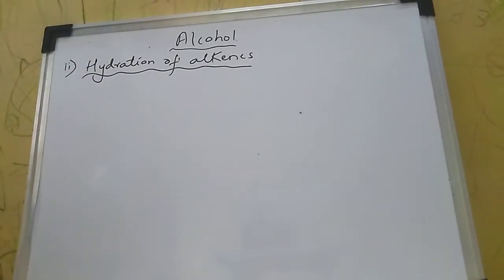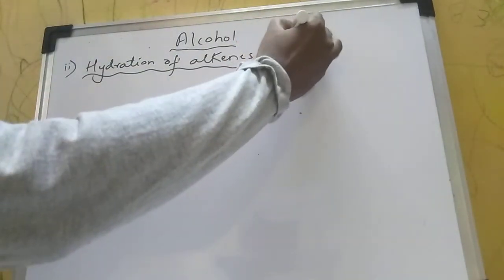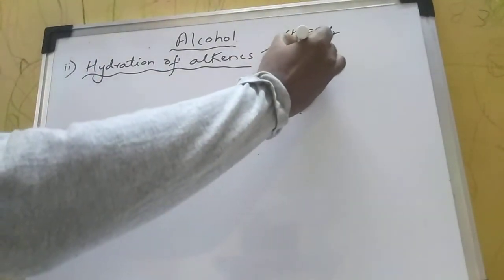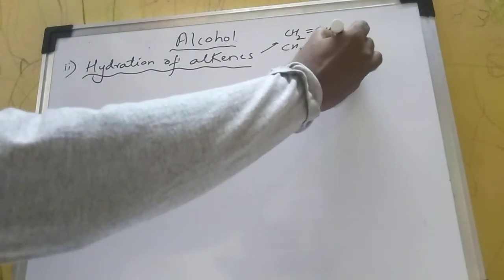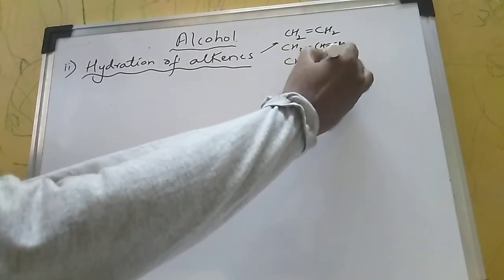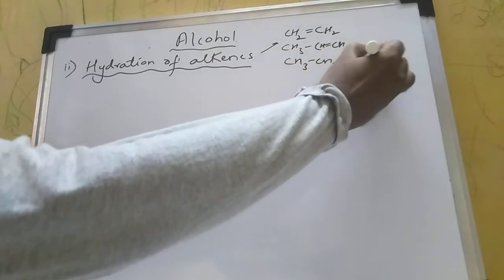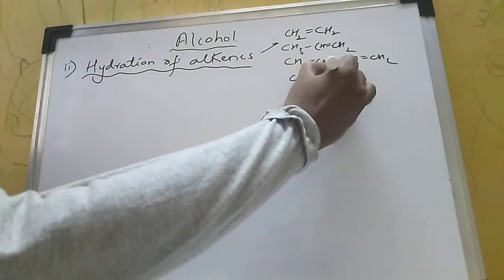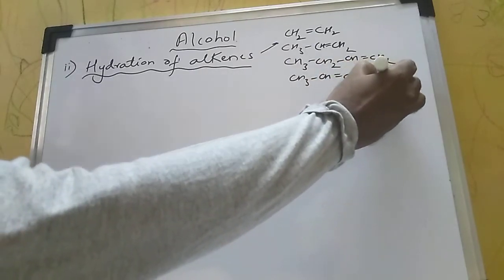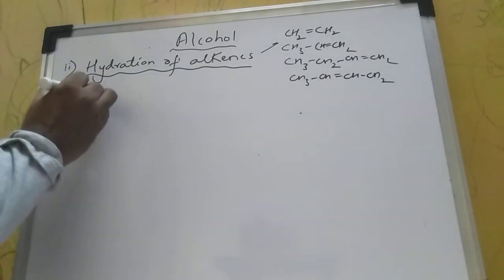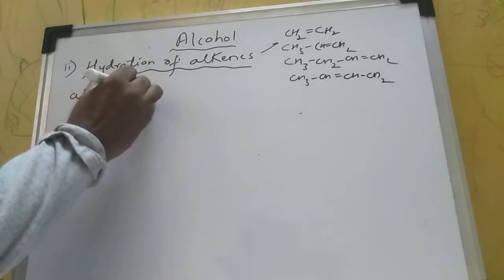So the alkenes: ethene, propene, but-1-ene, but-2-ene. These alkene gases are passed in